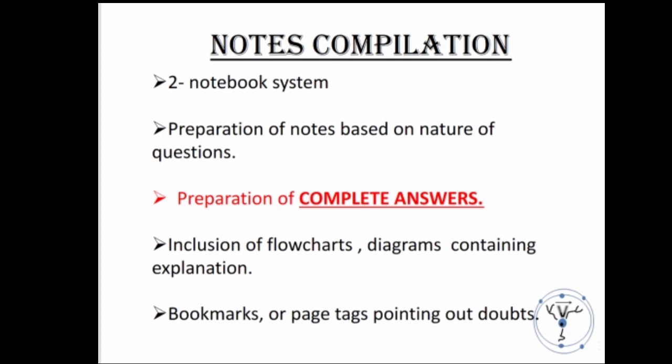Now, while preparing the notes for different topics, one important thing has to be kept in mind. Students must prepare the notes according to the nature of questions that are probably going to be asked from the topic concerned. For example, the muscle fibers, the voluntary, involuntary, and cardiac muscle fibers, are most probably asked in the form of a differentiating question. That is to differentiate between the muscle fibers. Seldom is any one muscle fiber picked and asked to be described singularly.